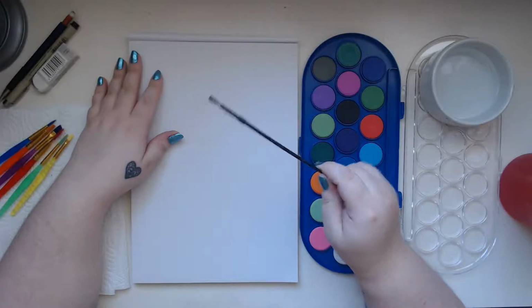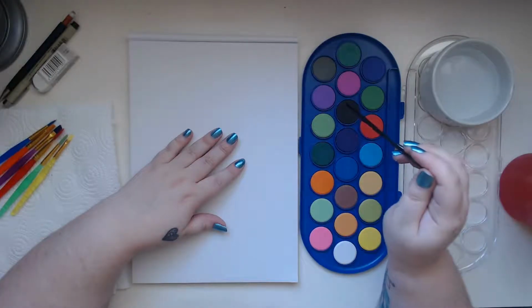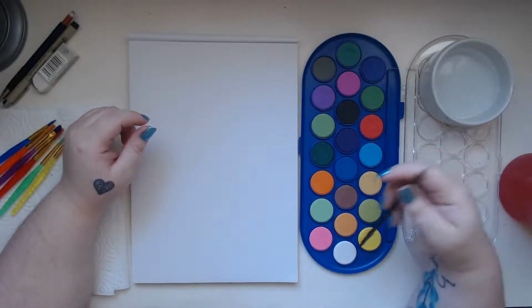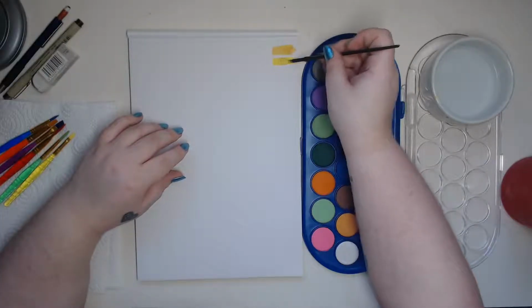We'll use this brush to start off with because it's what came with this pack, and then we'll move on to the fun brushes. I think I'll swatch them all. Let's go ahead. Let's start with the lightest colour. Ooh. Oh wow. Ooh, very